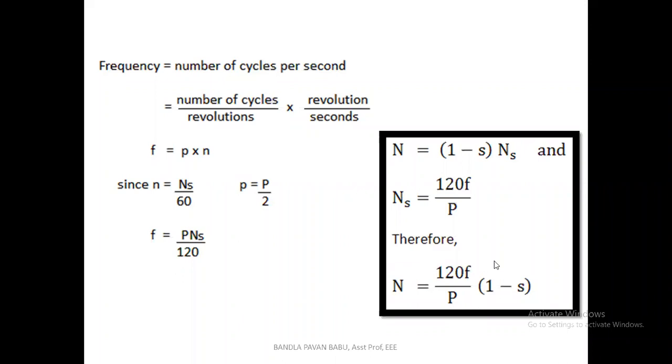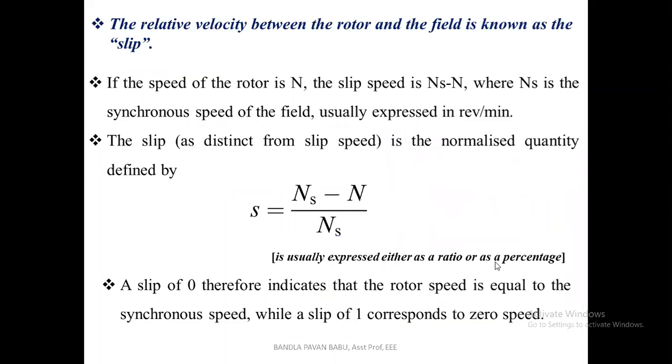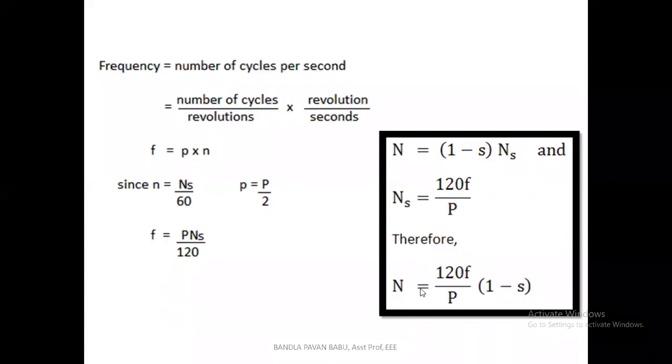Up to here, once again I will revise the key points we have discussed. We need to find the actual value of slip: Ns minus n by Ns, where n gives the rotor speed. If you want to find the rotor speed, the value is 120 f by P, into 1 minus s. So the fundamental frequency and the number of poles matter; the minimum number of poles required is 2. Based upon the output, that is our RPM value, we can change the pole value. But once fixed, the number of poles required is 2.